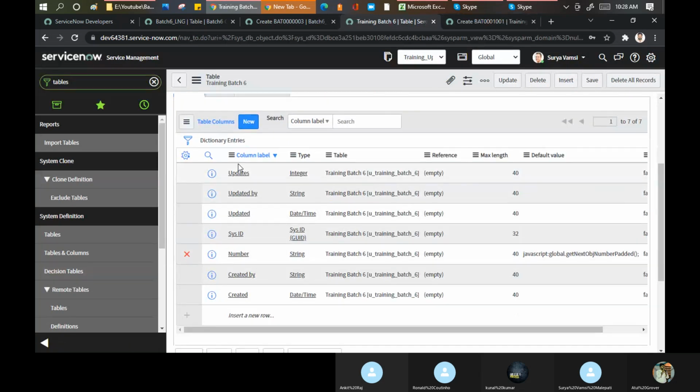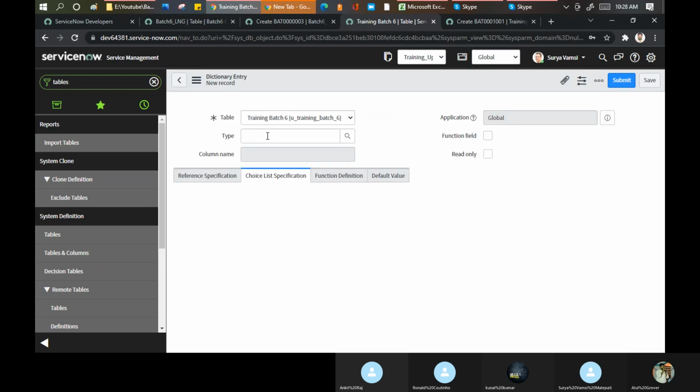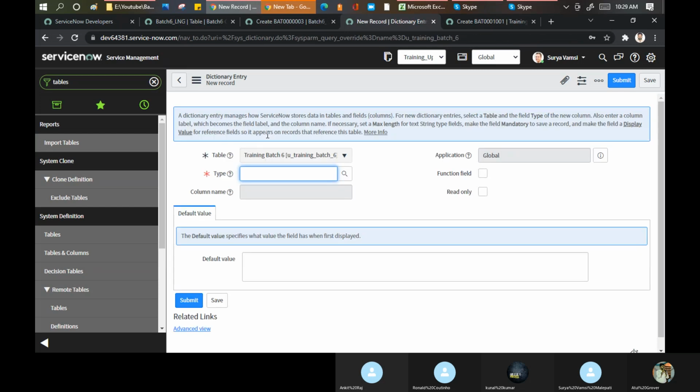Now we will create our own columns as well. These are the columns which are given by ServiceNow by default. And this is what we created just now. Okay, not we created basically. This is also created by the system, but we use that in our table. Now I create a new column here. Type indicates what type of field you want.